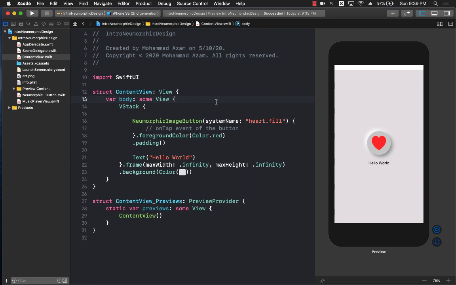In the last video, I talked about the neumorphic design and how you can create neumorphic design using SwiftUI. So I've been working extremely hard for the past couple of days, and I am very happy to announce that I've created a small section for my SwiftUI course, which goes into more detail of creating the neumorphic design and also implementing the button click and a little bit bigger design. So I'm going to show you a couple of different things that you're going to be learning in that new